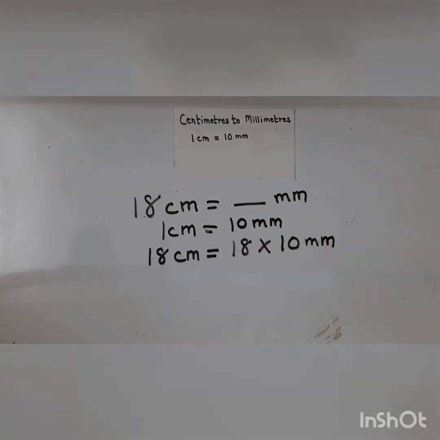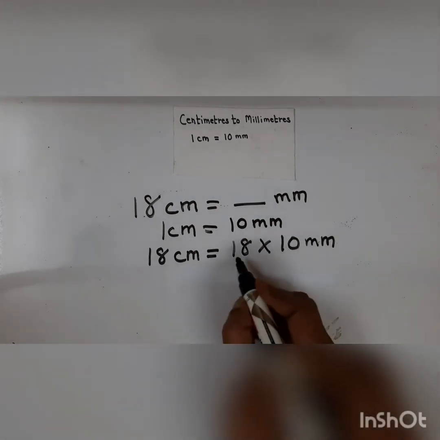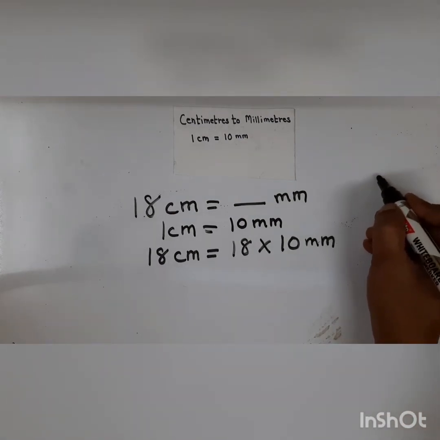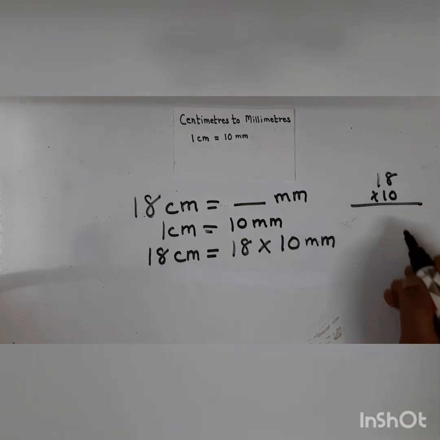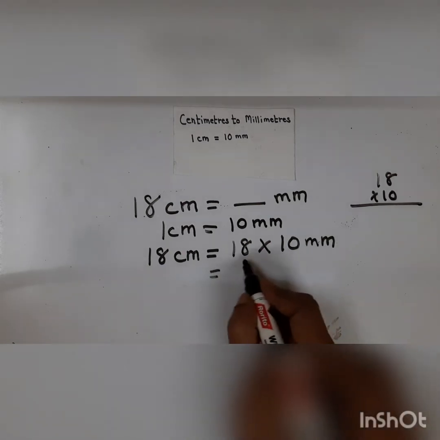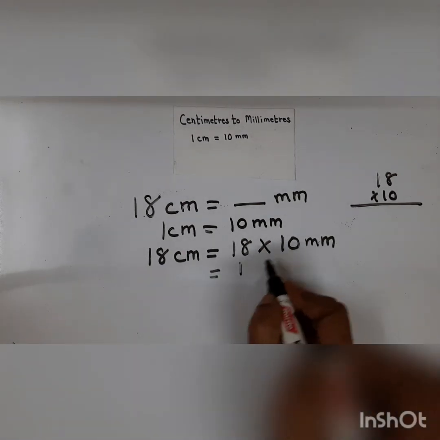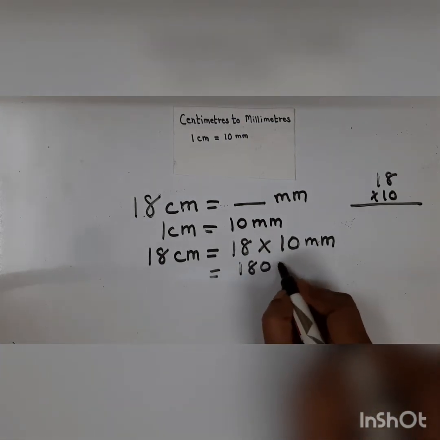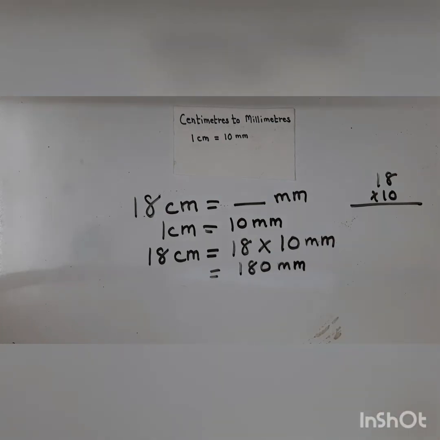mm. Right? Now children, as I said, you could do this orally. If you are still not confident, you could multiply. Always keep your working column here and you could multiply. You could multiply directly by 10 because all of you are familiar with the 10 times table. So this will be 18 into, it's 10, only 10. Children, see, look there, it's only 10. So your answer is 180 mm. Right?